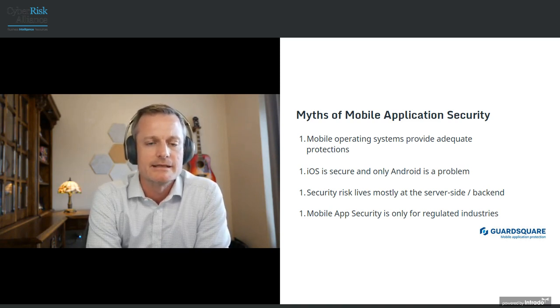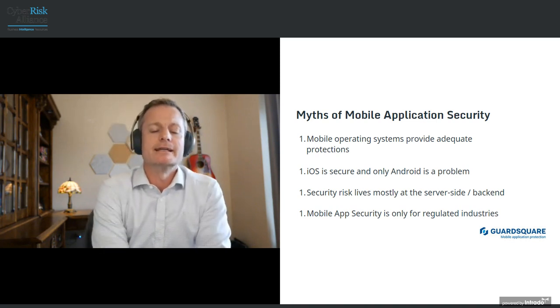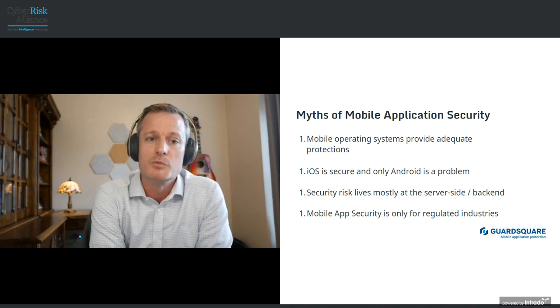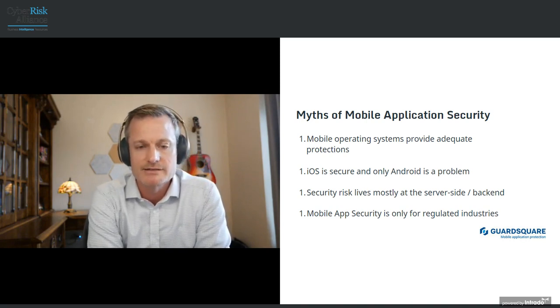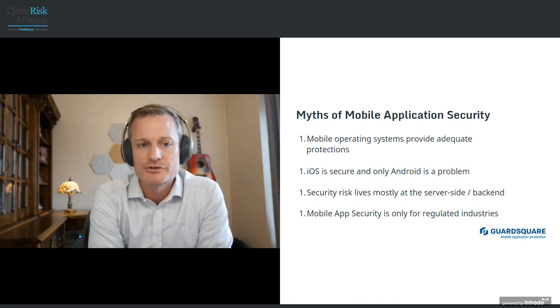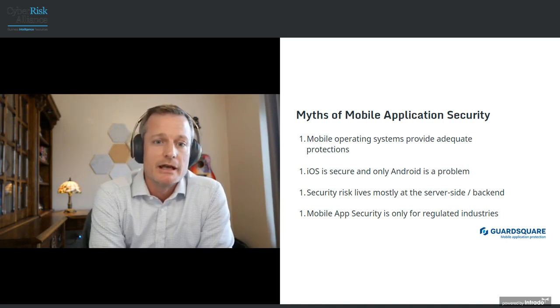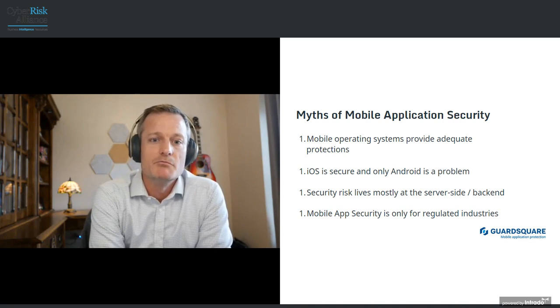So that's the key takeaway in that regard. And then lastly, I think this perception has changed a lot as mobile's taken off in different industries. But there's still customers that believe mobile app security is only for regulated industries. And I think while regulated industries maybe have more urgency and incentive to adopt practices and a security posture, the reality is mobile app security is relevant anywhere there's a large population of users and where those users have motivation